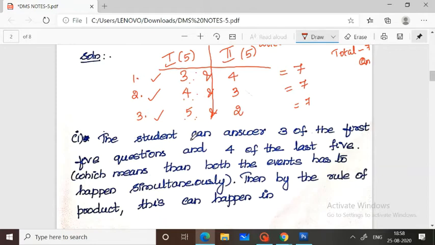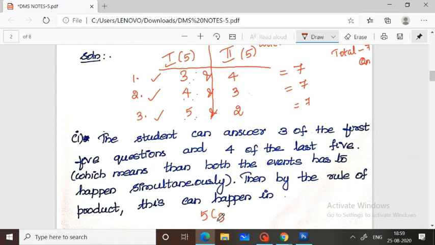So here നമ്മൾ എങ്ങനെ മനസ്സിലാക്കണമെന്ന് വെച്ചാൽ the student can answer 3 of the 5 questions and 4 of the last 5 questions, which means that both the events have to happen simultaneously. Then by using the rule of product, this can happen in how many ways? This can happen in